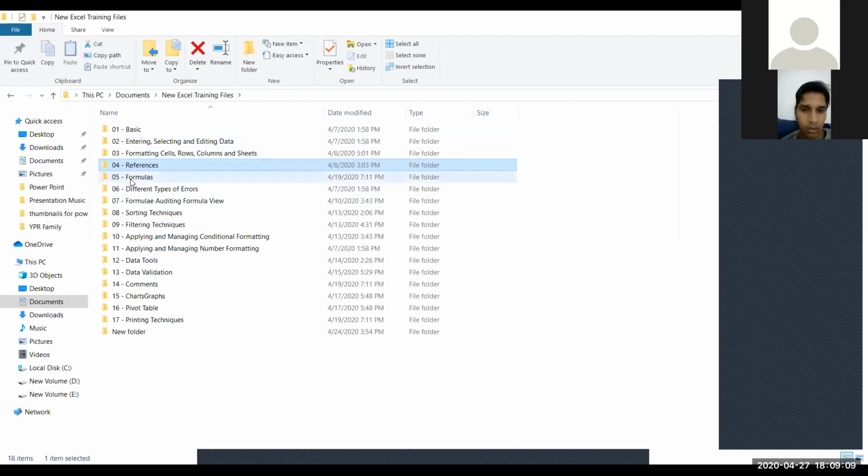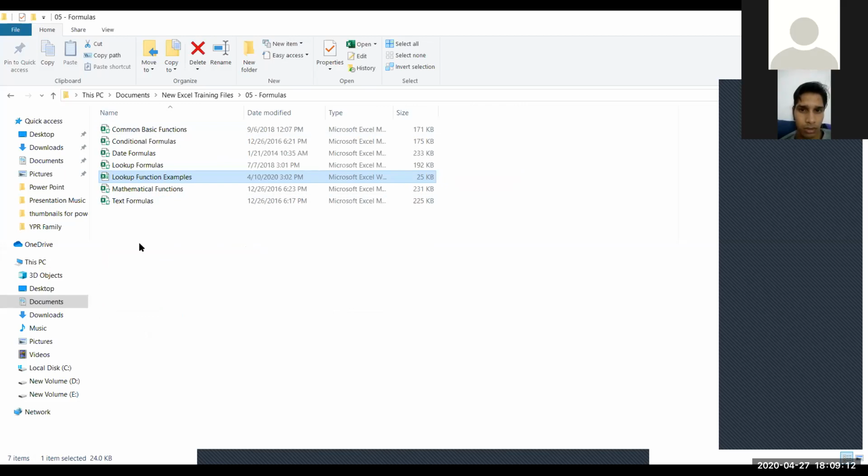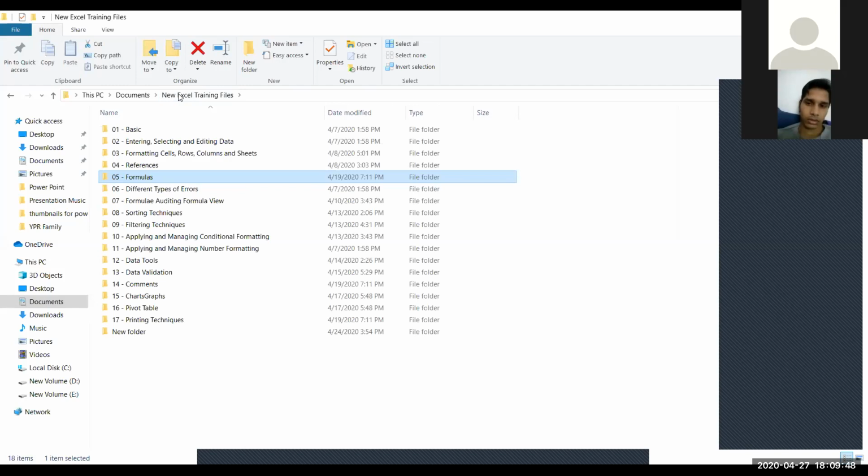And formulas is an extensive, exhaustive list of formulas you'll be learning here. Let me make it clear to all of you: these formulas that we are going to teach you are going to be common to all the domains. It's not specific to either finance or, let's say, some scientific formulas. It's not like that. The formulas that we have chosen to teach you are going to be useful to everyone altogether. It is kind of inclusive. So the list of formulas that we have chosen is like that.